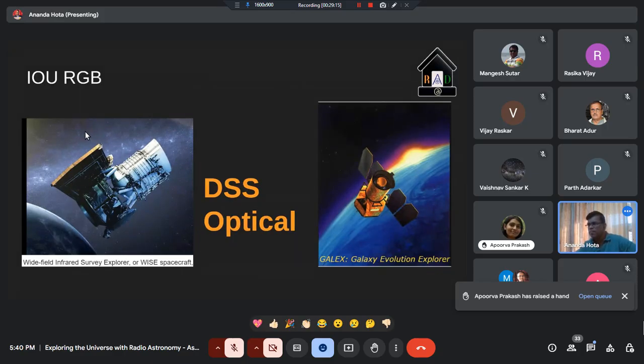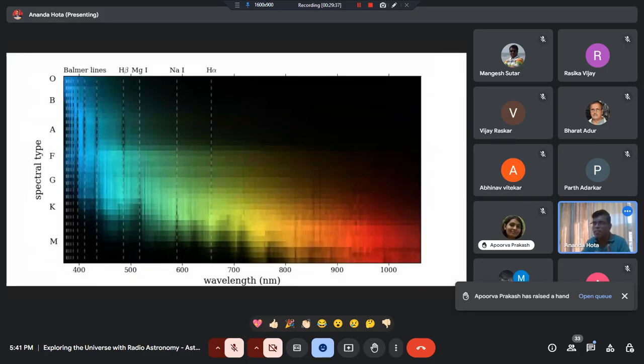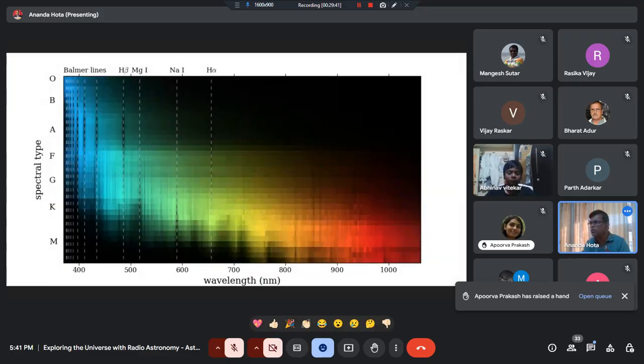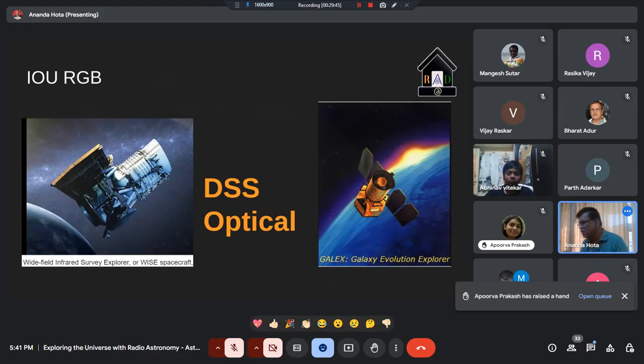Infrared from the WISE space telescope, optical from the DSS survey, and ultraviolet from the GALEX survey. So when you combine three pictures, infrared, optical, and UV, different parts, like the candle flame, will be bright in different wavelengths.